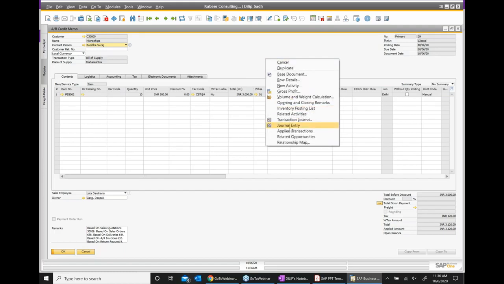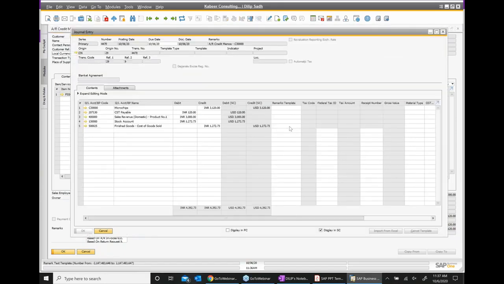Now I want to understand what this AR credit memo is. I want to go to the general entry. Now see here what happened.